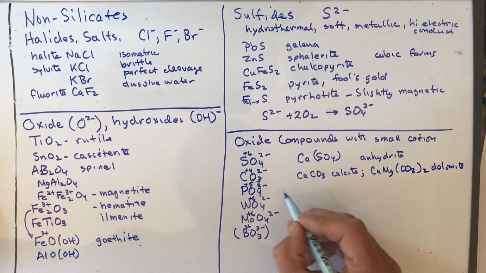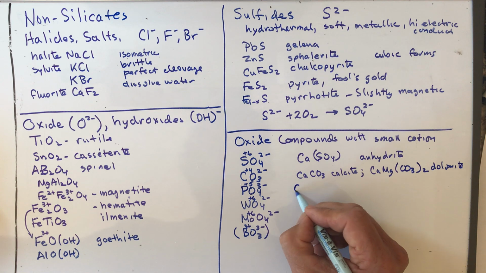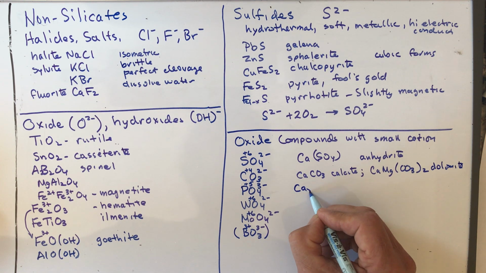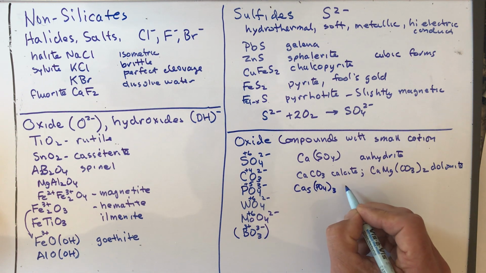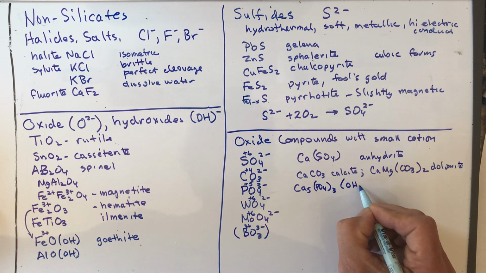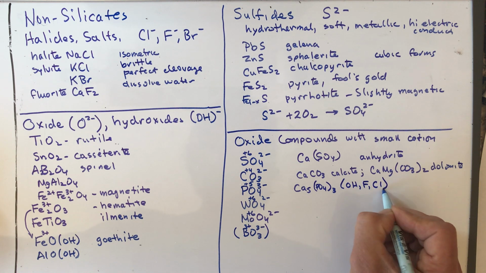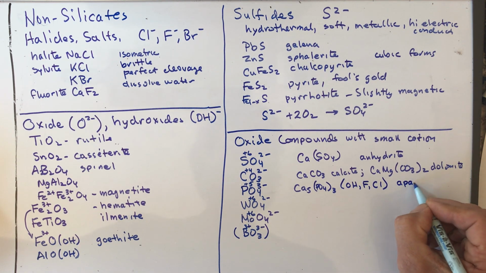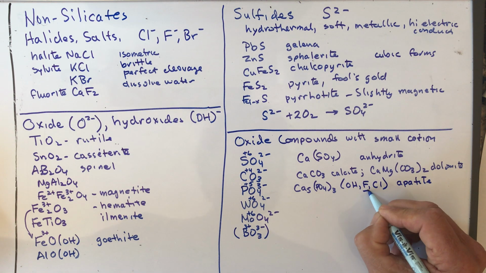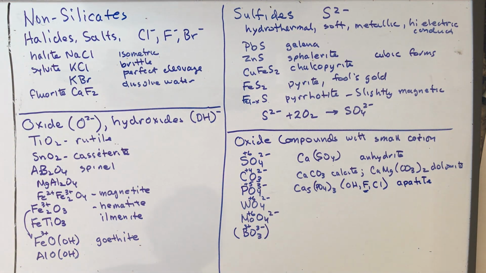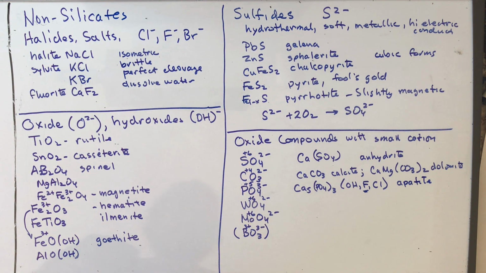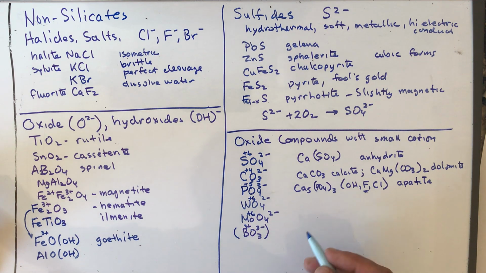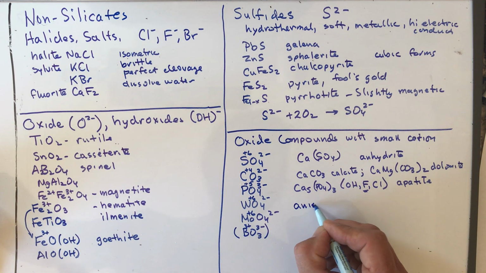And then phosphate, a common one is apatite, which forms your teeth, Ca5(PO4)3 and then an OH, F, or Cl. Apatite. The good one is the fluoroapatite. That makes your teeth very strong. So we write the formulas of these with this group intact because in most cases, except boron, these are what are called anisodesmic